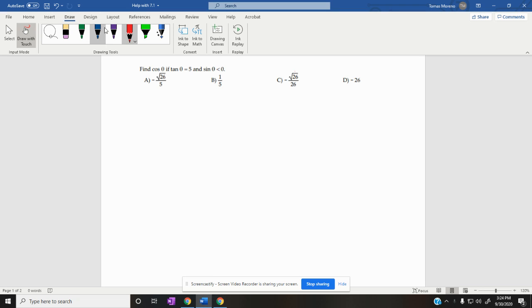Okay, so I had a question on this one. We're trying to find cosine, and we have to remember what cosine means. Cosine means adjacent over hypotenuse, right? They give us tangent of beta, which is 5, so it's actually saying 5 over 1, right? And we know that tangent beta is our opposite over our adjacent. Okay? Then it says sine beta